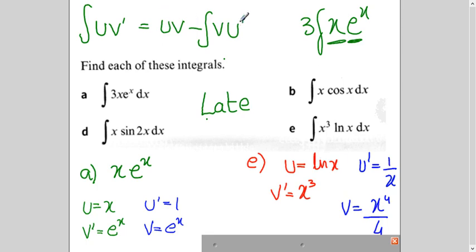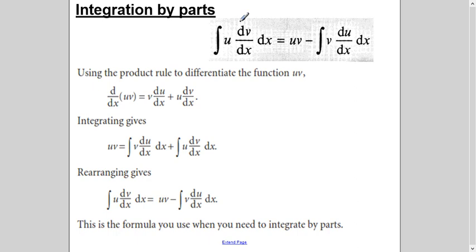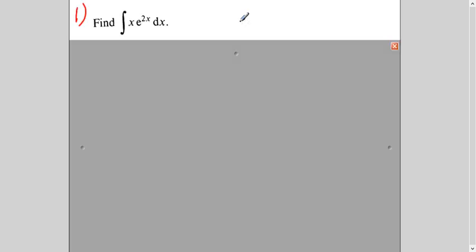So now let's see 2, 3 or 4 examples completely. We will start from the beginning and go till the end. On this page, I'm just explaining how we got this formula. It's not part of the syllabus, but if you want to see, you can read it. Put the video on pause here. So let's begin with this question.